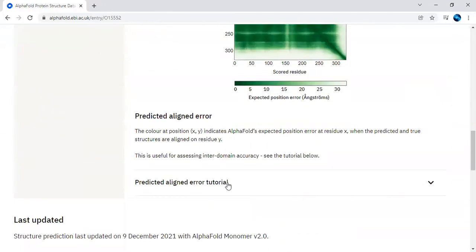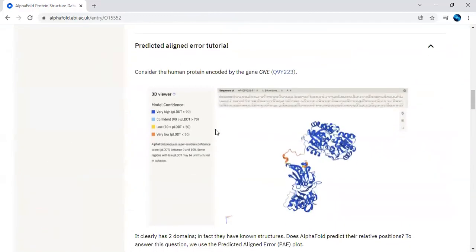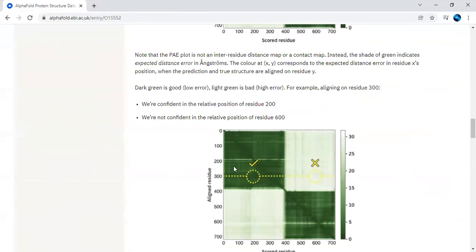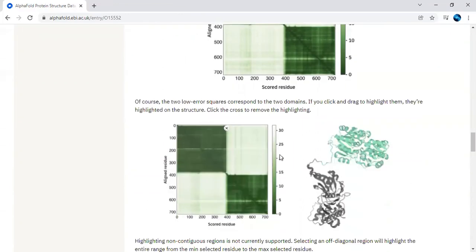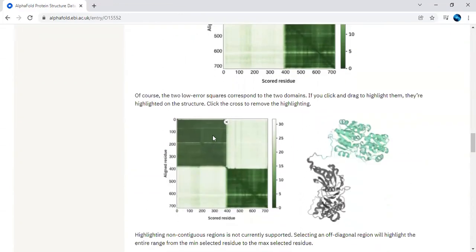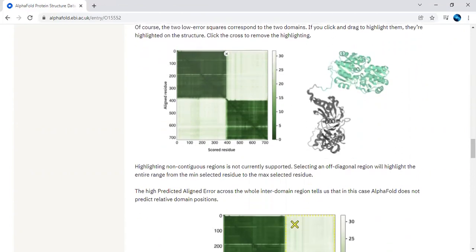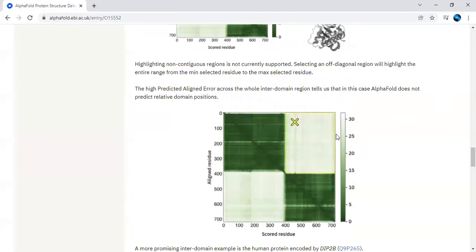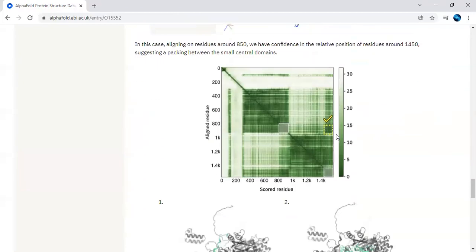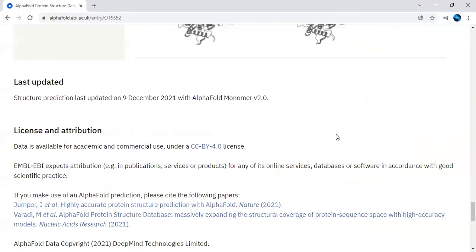You can explore the aligned tutorials available over here, showing how the low error has been calculated, what dark green indicates, and what light green indicates with respect to the alignment of the residues. Based on those scores, alignment, and accuracy, the chains and structures get built in the model.